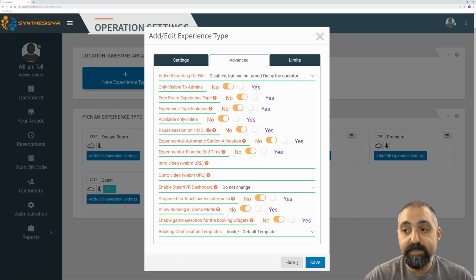Only visible to admins should be relatively obvious. So if you're logged in as an admin, you will be able to see this experience type. If you're not logged in as an admin, and you have this set to yes, then you wouldn't see this experience type. If you have free roam in your arcade, then you want to turn this on for experience types